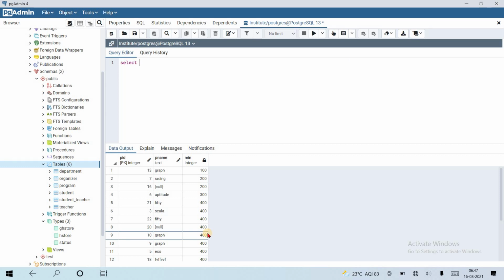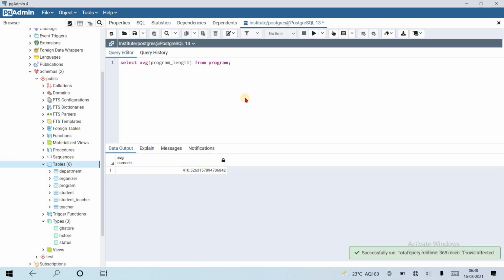Okay, so let's write a different query. Suppose we want the average of program length. So let's use the average function on program length from program.